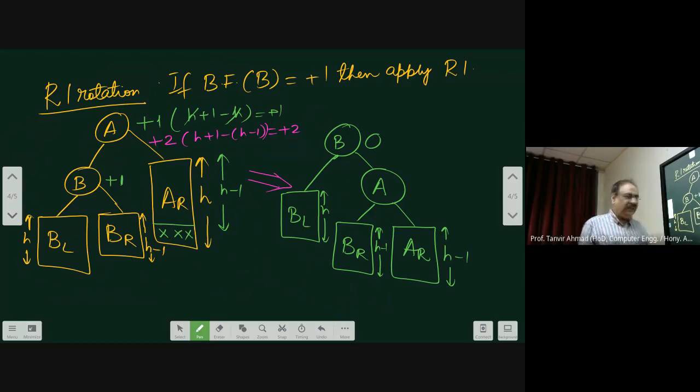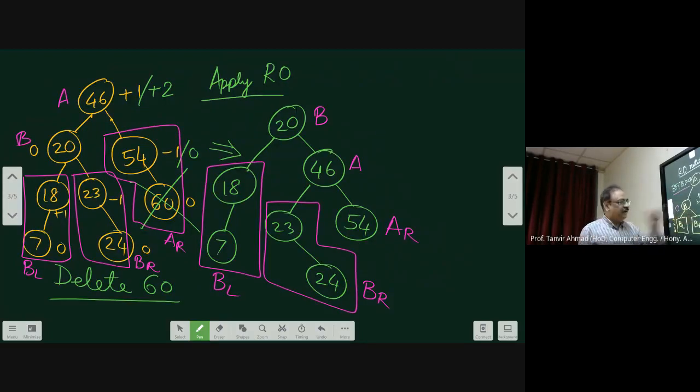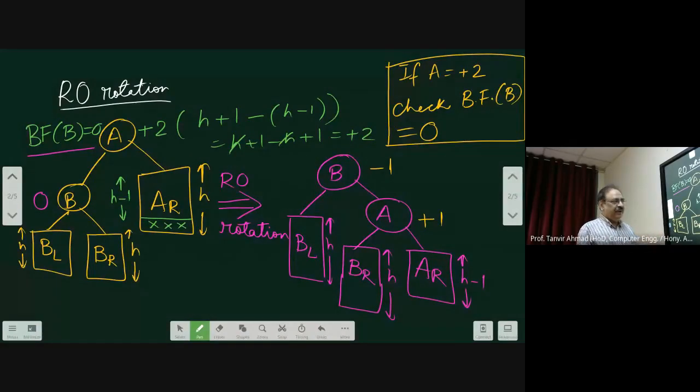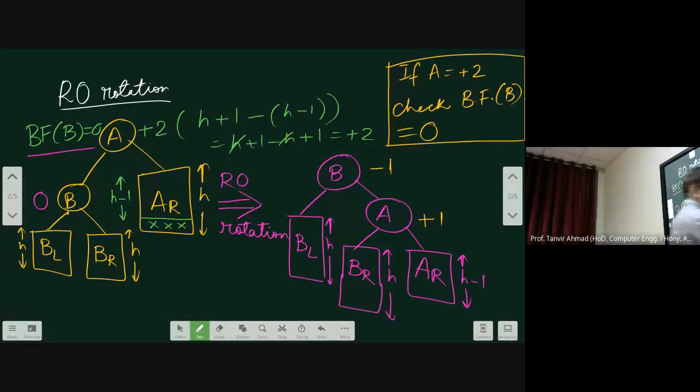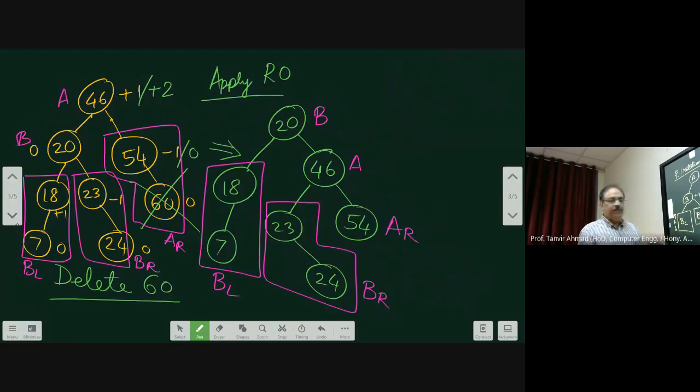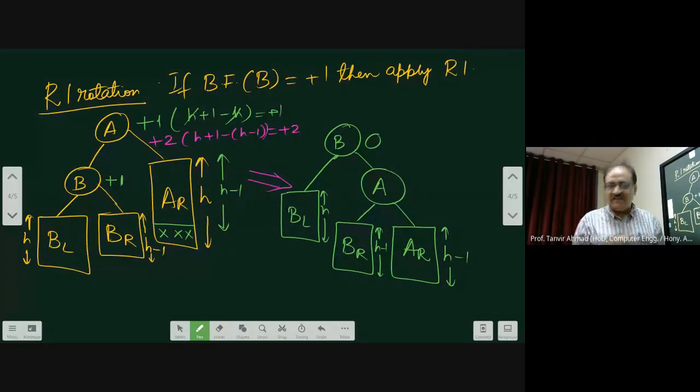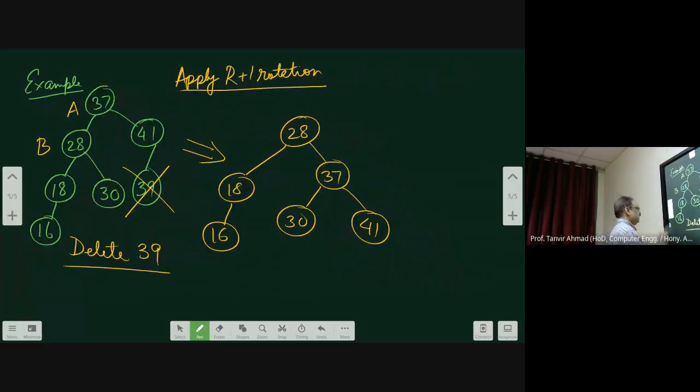Though you might see that what we have made here, BR, BL, and what I have made here is same. But the difference lies in the fact that here BR and AR are not at the same level. BR is below AR. But here, if you see in this case, BR and AR are at the same level. Correct? Now, let us try to do the third one, which is simple.